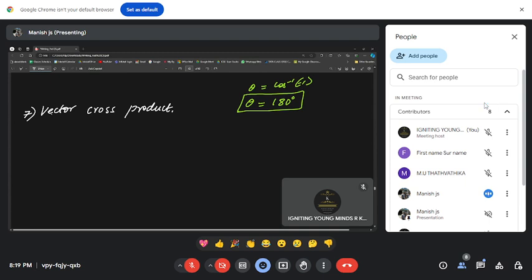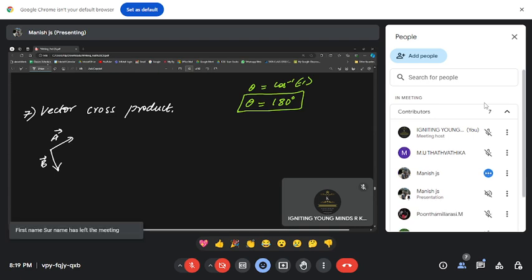Okay, so whenever you have two vectors A and B, you can find out their vector cross product by using a particular relationship. So I'll tell you. Here it is not just the algebraic method. The method is totally different. It's a different aspect altogether. So say this is vector A and this is vector B, and the cross product of these two vectors will give me a third vector that is mutually perpendicular to both A and B. So it is in this particular direction. So this is A cross B.